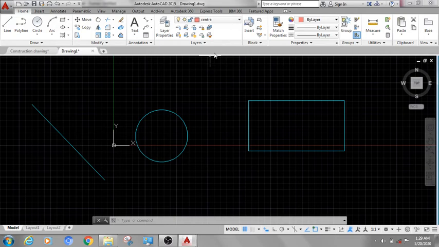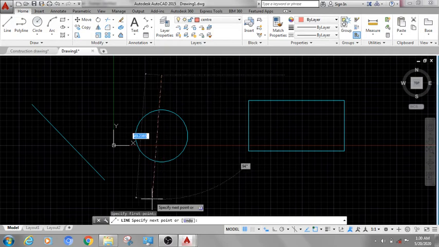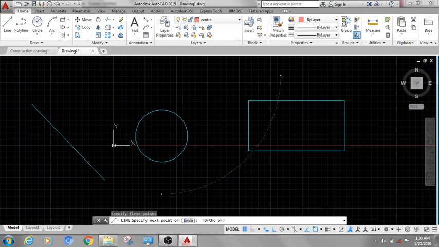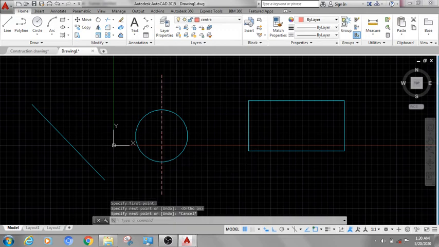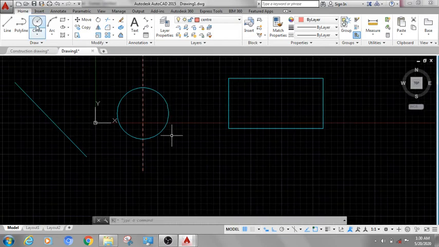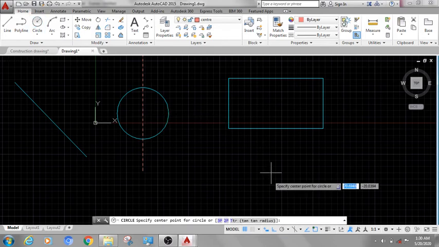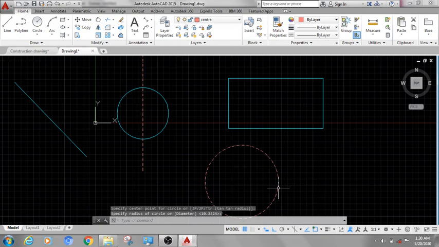In that I am just selecting a line, F8 for straight line. Now here you can see this is a center line, because we are working in the center line layer. If I am creating a circle also, it will take the same properties.